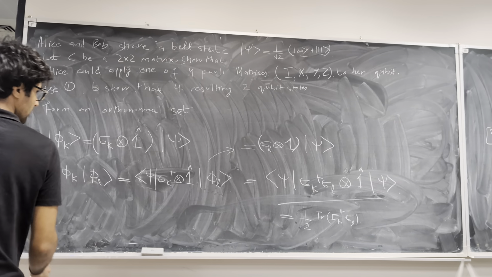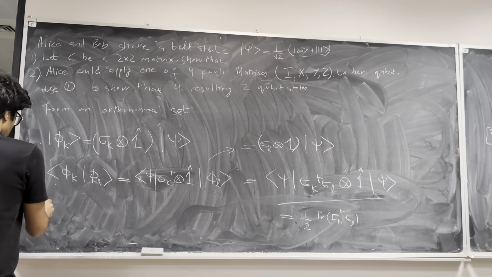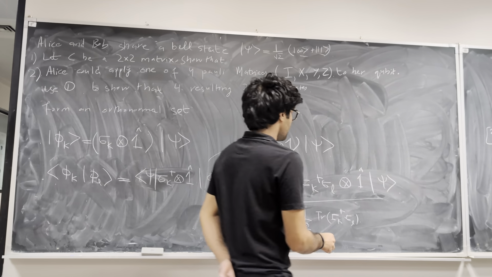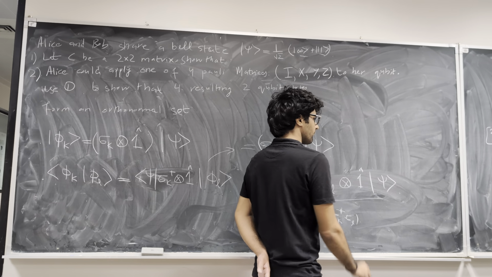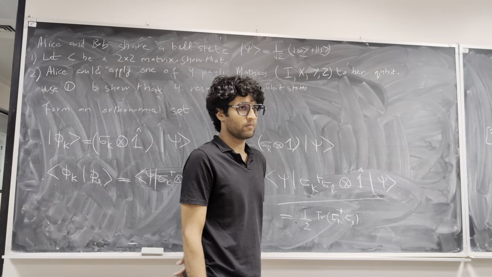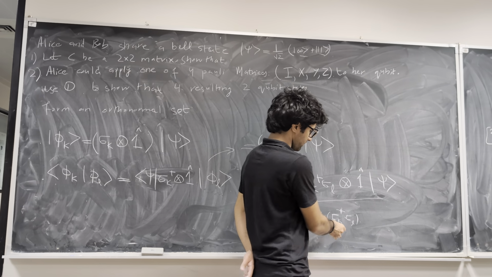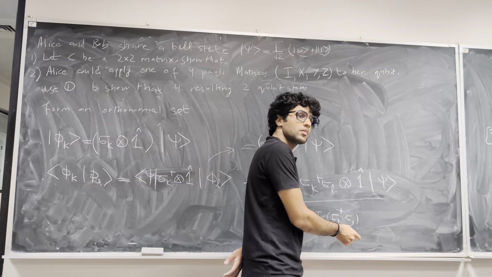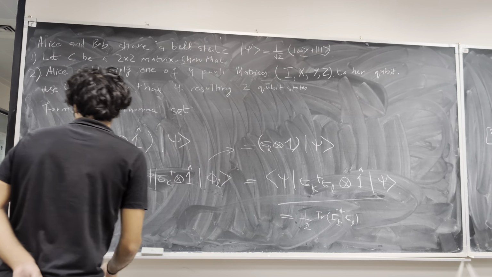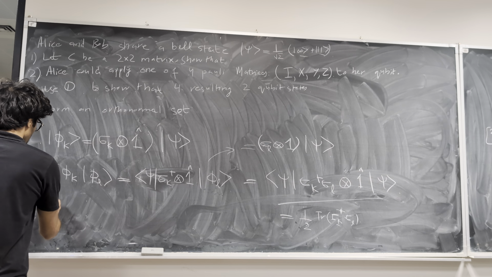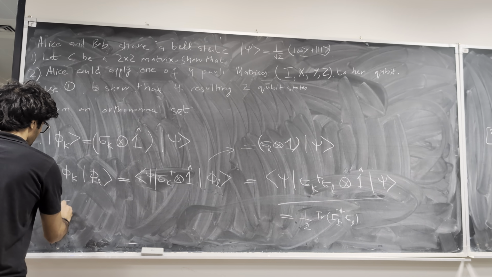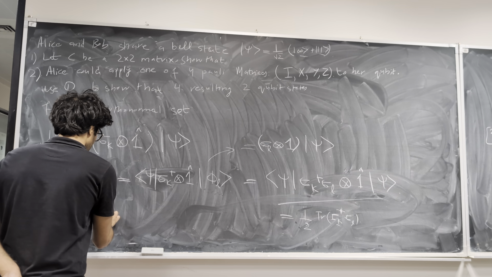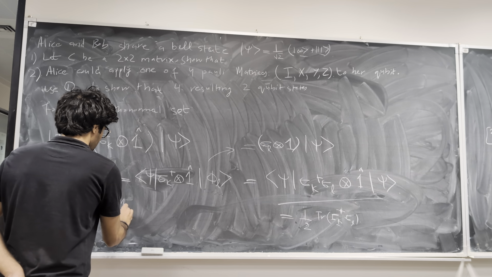Now, first of all, Pauli matrices are Hermitian. So instead of sigma k dagger I can write sigma k, right? The other thing is that sigma k sigma l is equal to delta kl identity